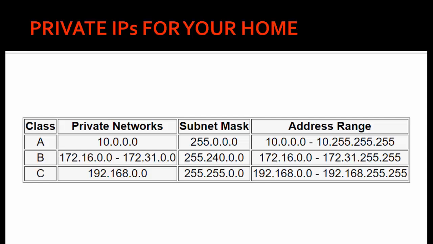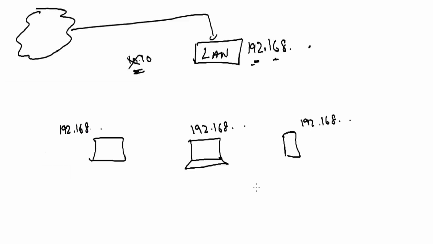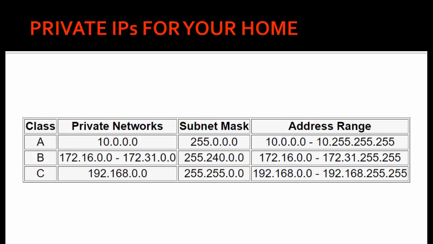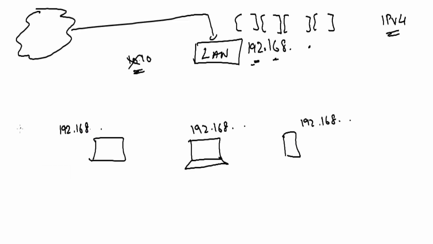The next thing is the subnet mask. The subnet mask is what decides the parts of the IP address. So generally an IP address will have four parts. I mean to say IPv4, Internet Protocol 4, will always have four parts, all separated by a dot. So the subnet mask says 255.255.0.